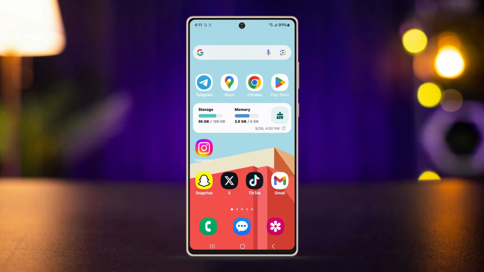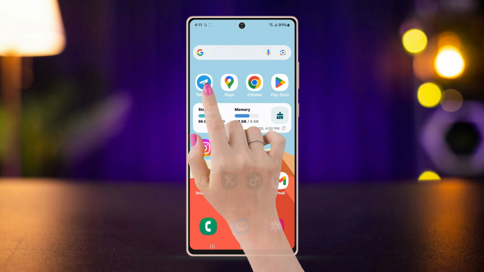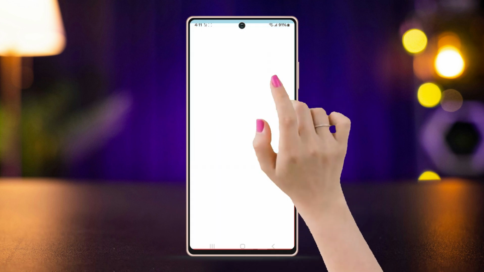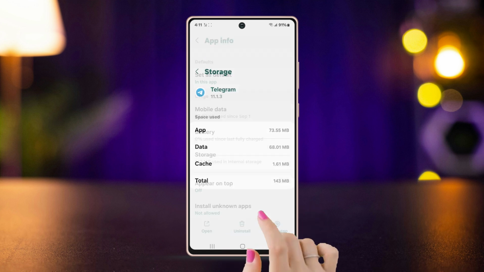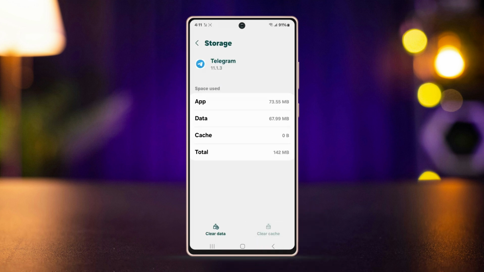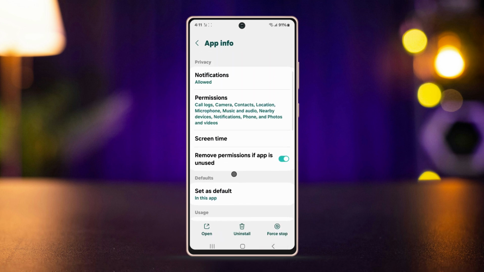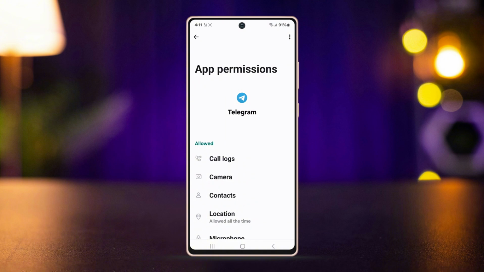Fix 2. Clearing the app cache. To do this, long press on the Telegram app, tap on the I button to open the app info settings. Then go to Storage, tap on Clear Cache at the bottom. Go one step back, open Permissions, tap on All Types of Permission, and then there's Fix 3, which is Report